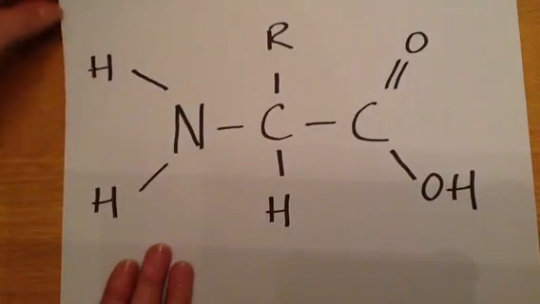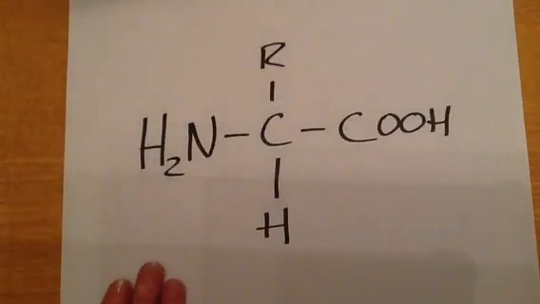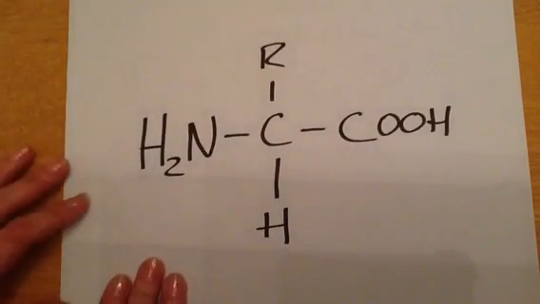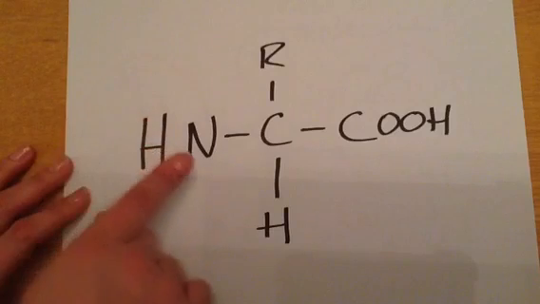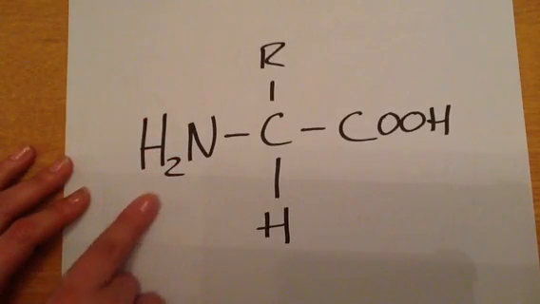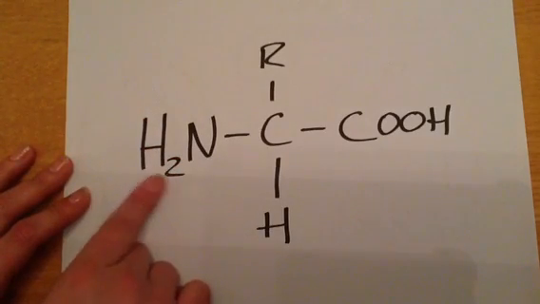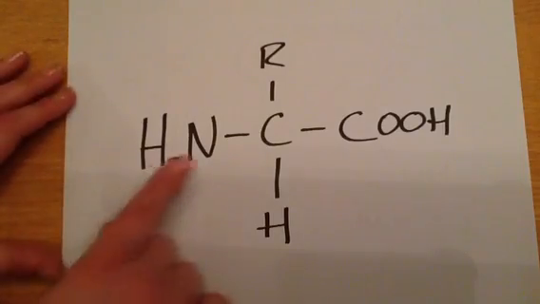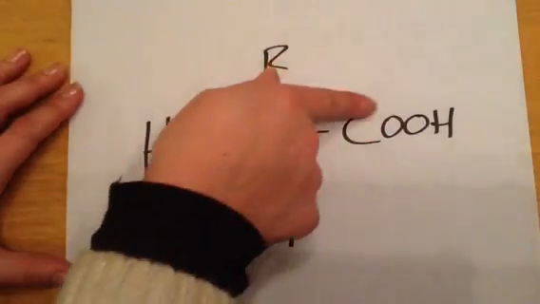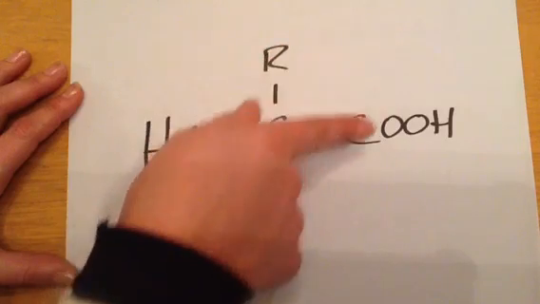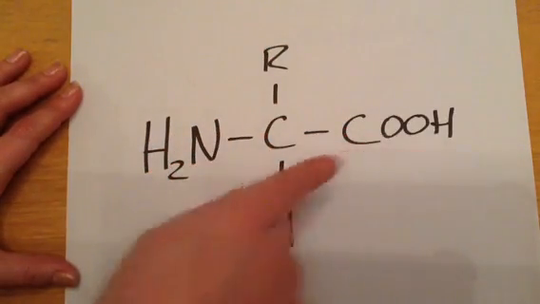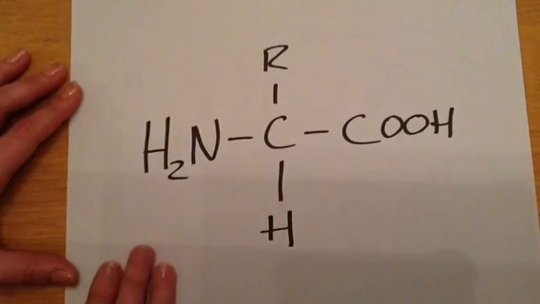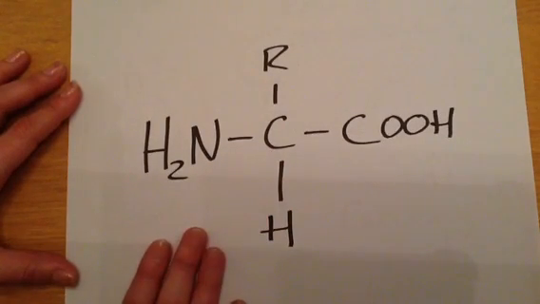Now you might sometimes see an amino acid drawn like this instead. Okay, now there's nothing wrong with this. We've got the nitrogen and H2 representing the 2 hydrogen atoms. Instead of drawing the 2 covalent bonds go into the hydrogen atoms, we've just drawn H2 representing two hydrogens here. And on this side, instead of drawing the double bond going up to the oxygen here and the covalent bond to the OH group down here, we've just written COOH. This is a shorthand way of drawing an amino acid,